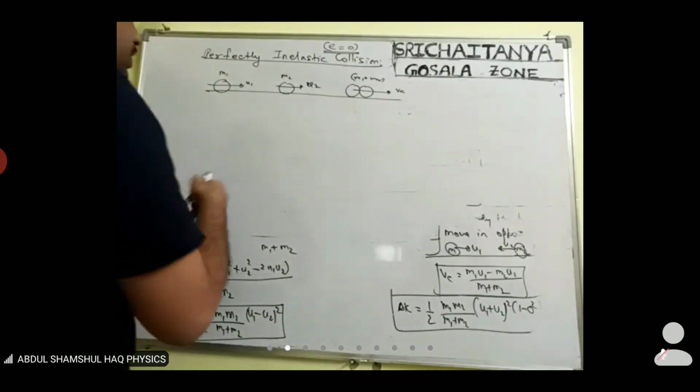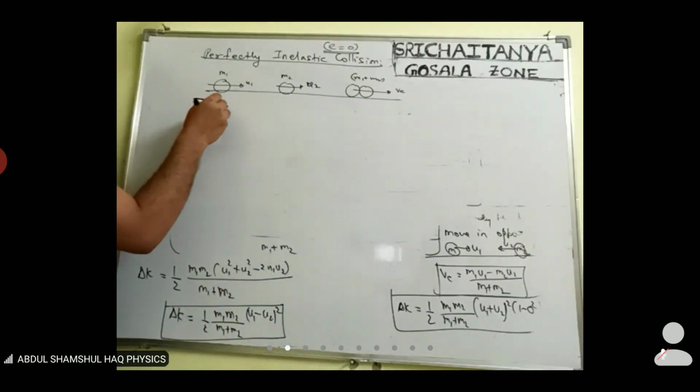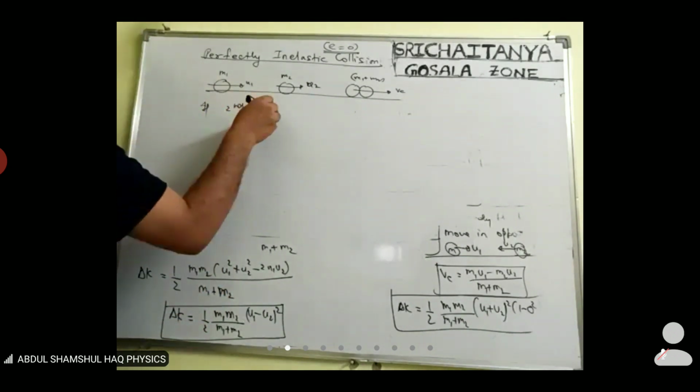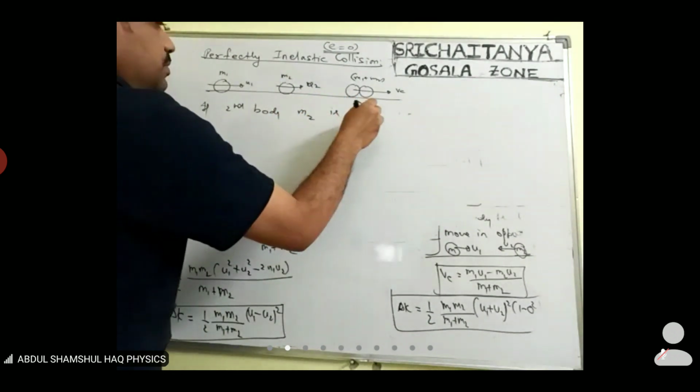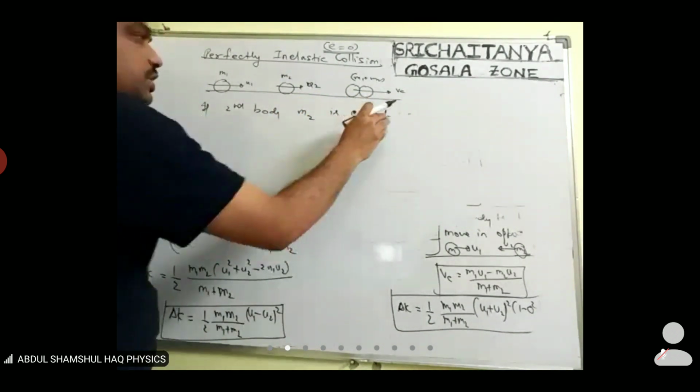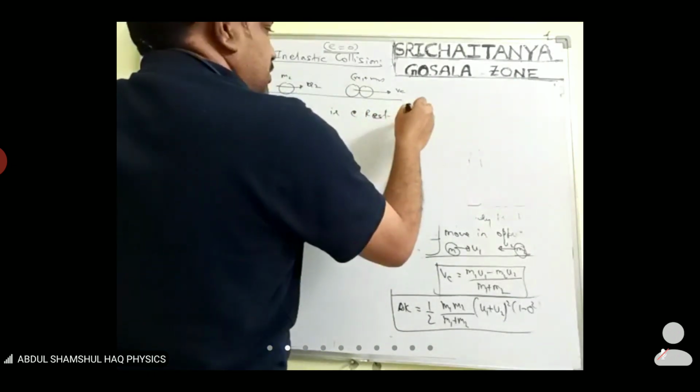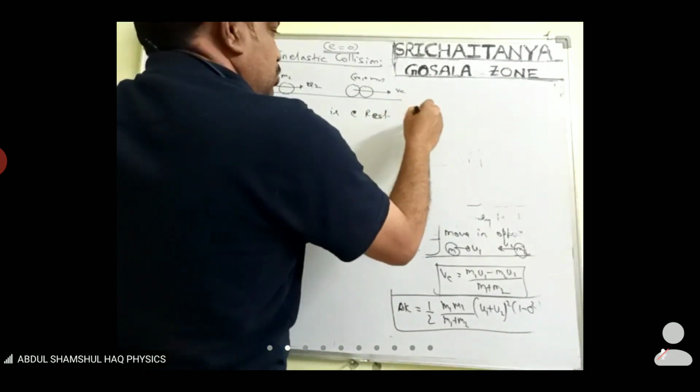If the second body m2 is at rest, then its velocity u2 would be equal to